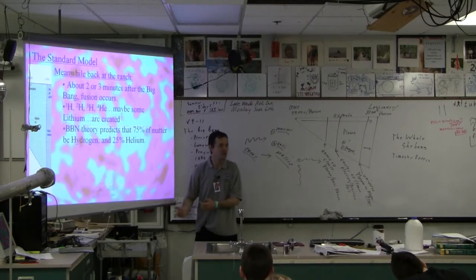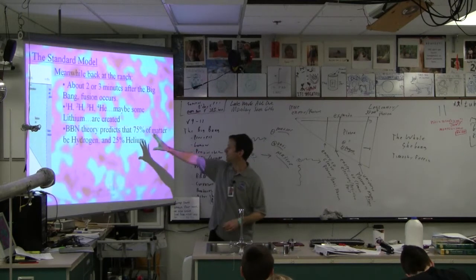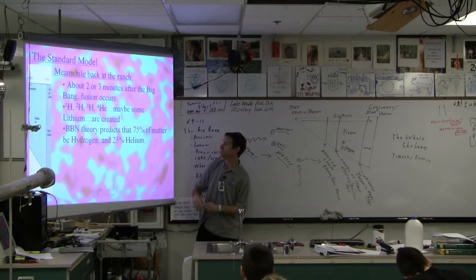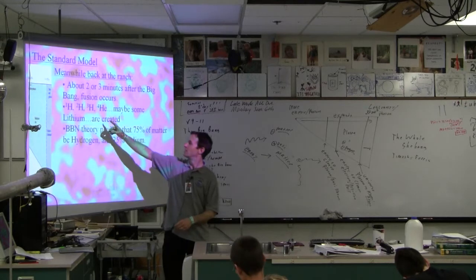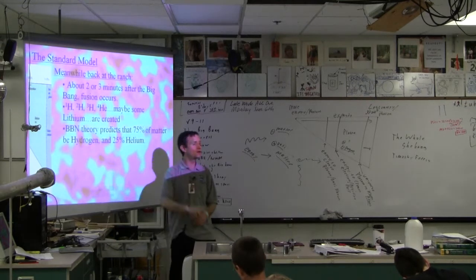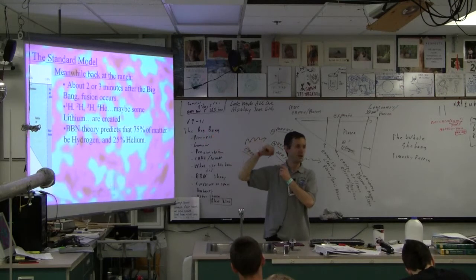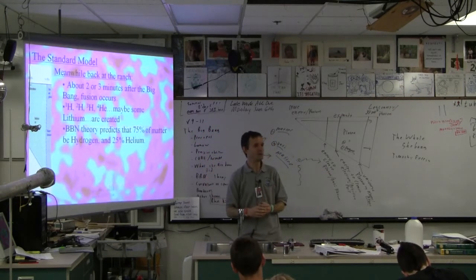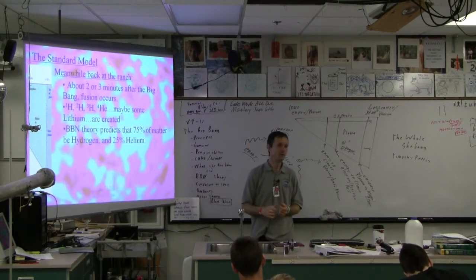So you can have any theory you want, but it's got to predict the background radiation, and it also has to predict the universal elemental abundance. But the question is, why? If the Big Bang only created those elements, then where do things like carbon come from? What creates those? Fusion reactions, not in the Big Bang though.